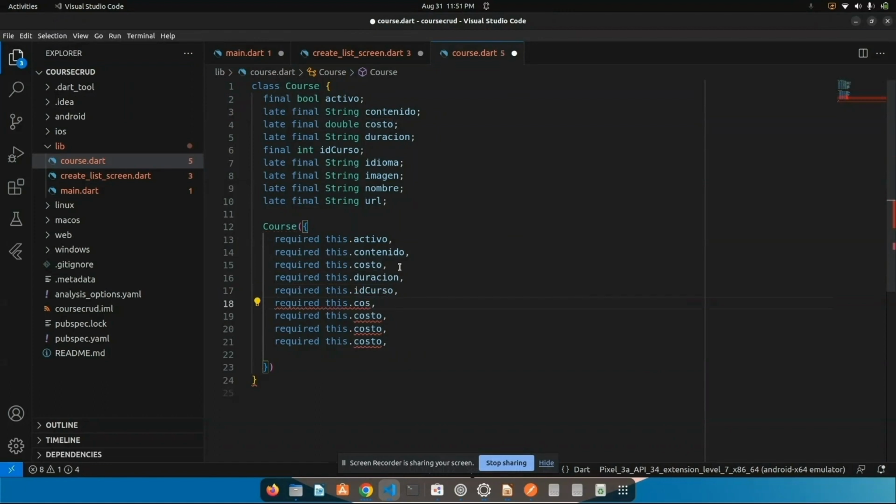Then here we have language, and then image, and then name, URL. Now I import this model there, but before that, since I'm working with REST APIs,